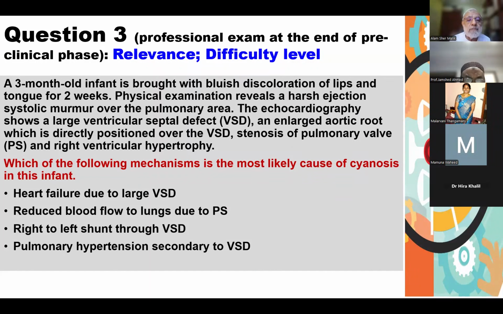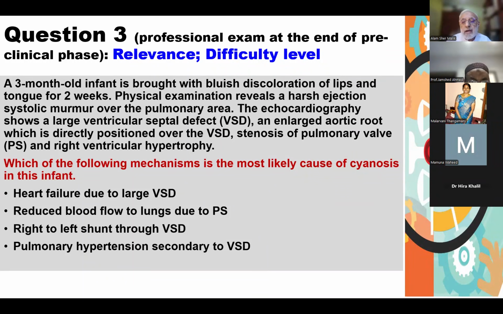A 3-month-old infant is brought with bluish discoloration of lips and tongue for 2 weeks. Physical examination reveals a harsh ejection systolic murmur over the pulmonary area. The echocardiography shows a large ventricular septal defect and an enlarged aortic root, which is directly positioned over the VSD, stenosis of pulmonary valve, and right ventricular hypertrophy. Now, this time it is not just cyanosis, the